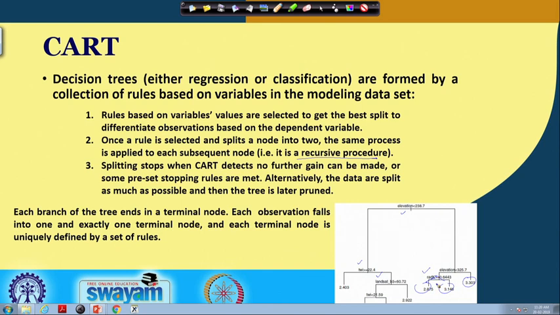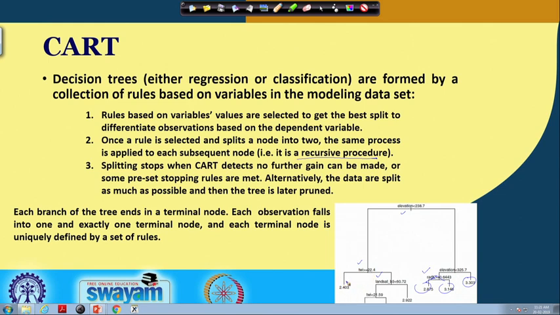Each branch of the tree ends in a terminal node, and each observation falls into exactly one terminal node. Based on these rules, you can segregate each observation into one of them.